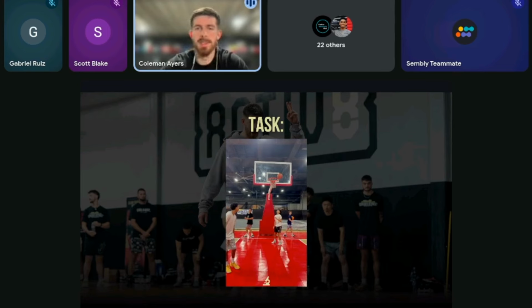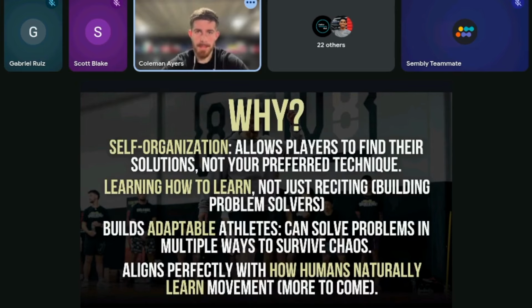So a very simple example there of a task constraint going from, hey, you have to jump outside the paint, to, hey, you have to jump outside to inside the paint. And that completely shapes the behavior that they go with from floaters, more runner type shots, into aggressive layups. And that's a perfect example of one of those levers that you can pull or buttons that you can press to create a completely different outcome than if you hadn't pressed anything at all, or if you just go in there saying, try to finish more aggressively, because then it's less of a problem and more of a command that the athlete is getting.